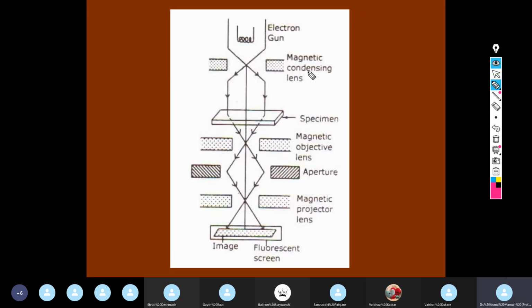Electron gun is there, then magnetic lens, specimen. Here the magnetic lens again is there. So this will be the magnetic lens which will be projecting, and again you will have different upper magnetic lenses and projector, and finally you will get the image here. So if the ray diagram of an electron microscope, or that of a transmission electron microscope, is asked, it is expected that you should at least draw this.